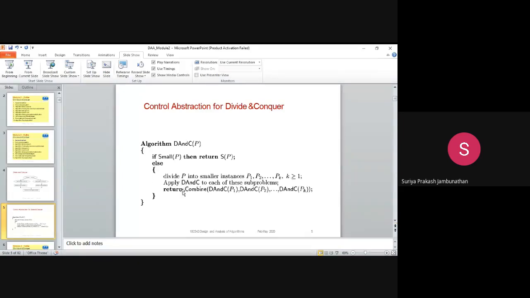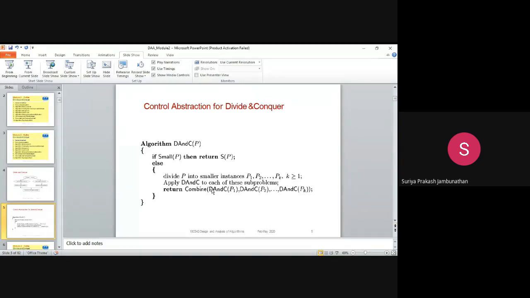Next, they return combine. In this combine, all the sub elements are combined and returned to the particular calling place. Meaning the final answer: combine means all the lists will be combined at last. The final answer will be sent to the caller place where you are calling the method. There it is stored in a variable and the output is displayed. So this way this particular algorithm will work.